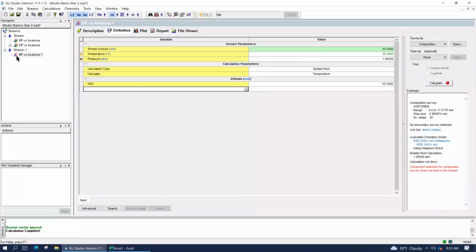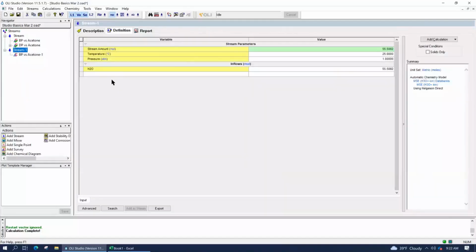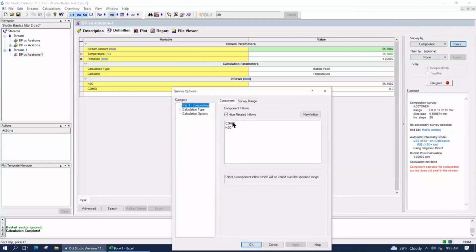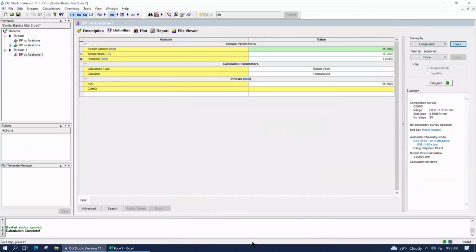So what that may mean is I may want to do this with ethanol. Now I've got my composition survey already set up. I just need to select ethanol as my component, and I'm ready to do my survey. Actually, there's more to it than that, but let's just stop there because I don't want to go any further with this idea. So let me just delete that.